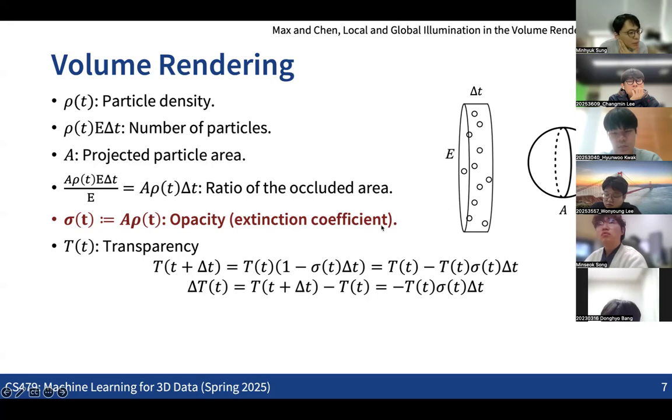So the probability that the ray will not be occluded in this slice will be 1 minus this term, right? Because this was the probability of how likely the ray will be occluded, this term